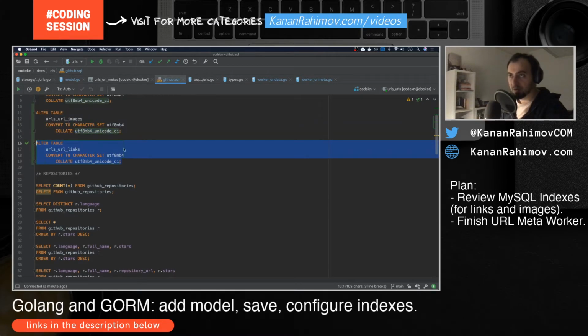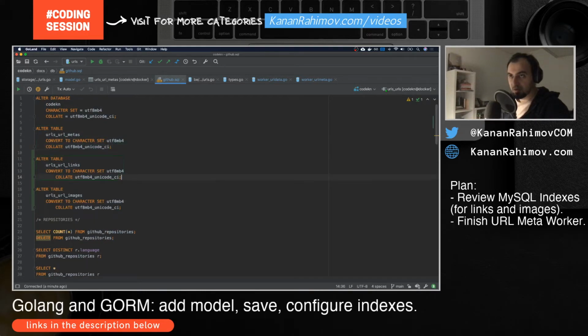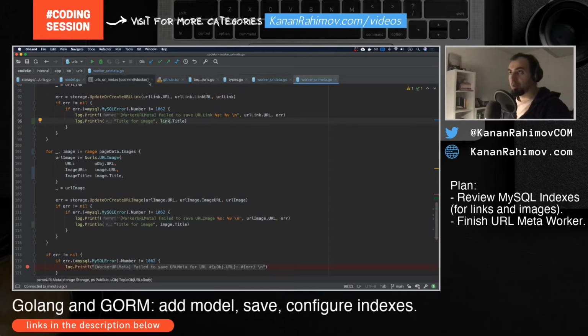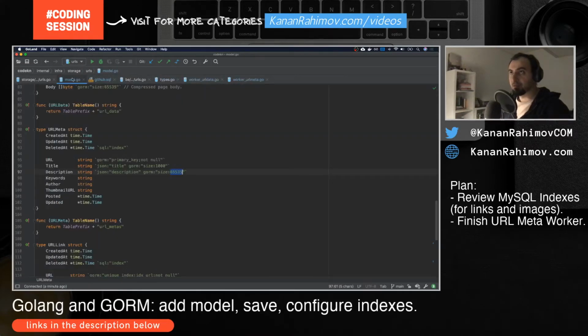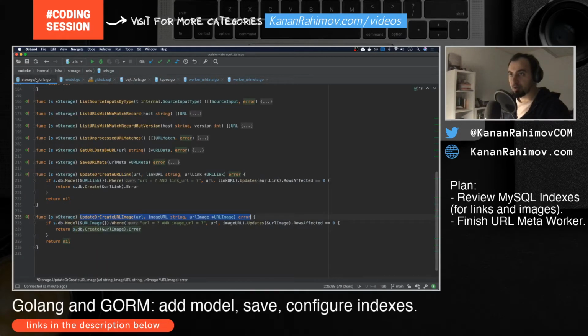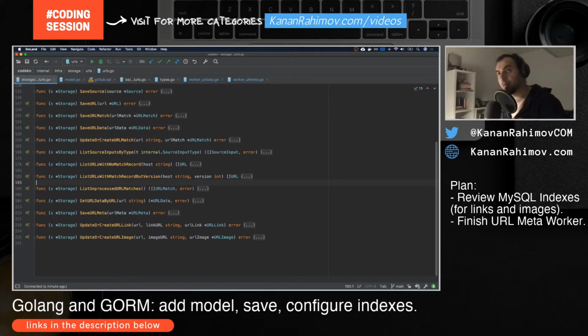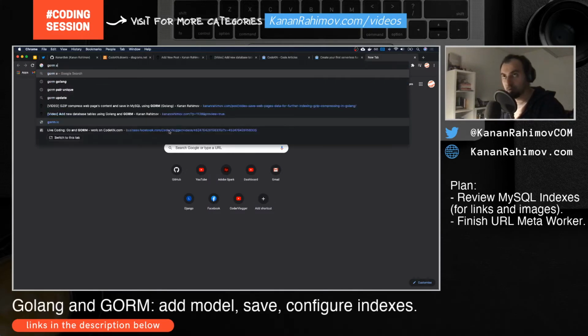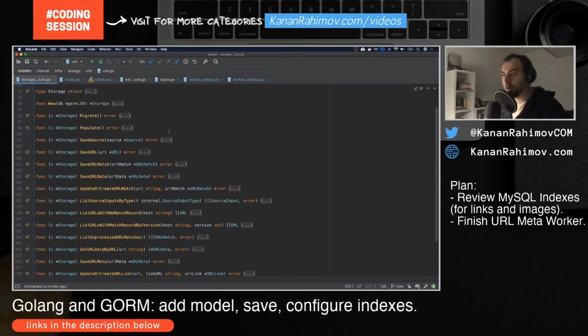This is also executed. By the way, I prefer to keep the order as they are in the models, so first links and then images. We fixed this part. I will need to recreate these tables because I changed them. I'm not sure if we can do an alter of the table in GORM. I will need to check it, maybe research it later. GORM alter table. For now, the easier way will be